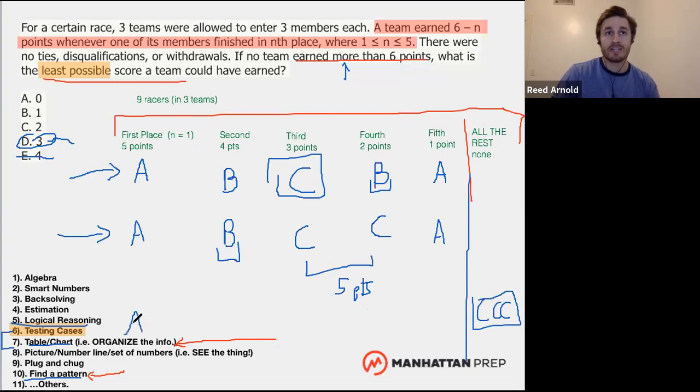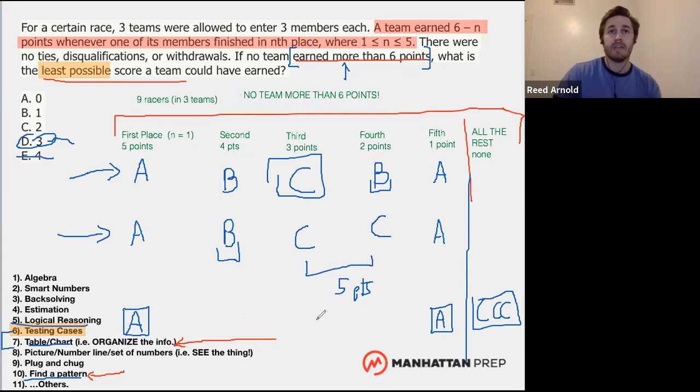If team A got 1st place, they can't get anything but 5th, because if they get 1st, 3rd, and 5th, it breaks this constraint, and I'd probably want to write that down, right? No team more than 6 points. And if A got 1st, they can only get 6th, because if they get 3rd or 4th or 2nd, they're going to break the 6-point